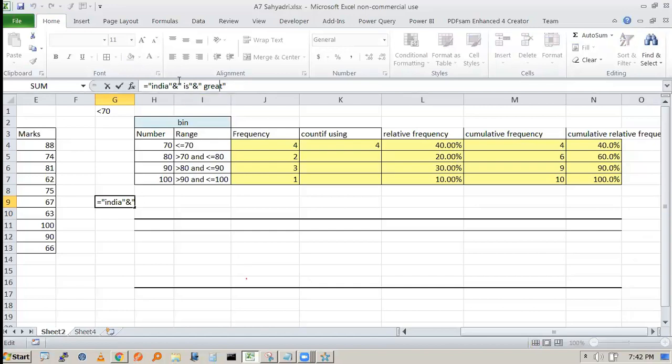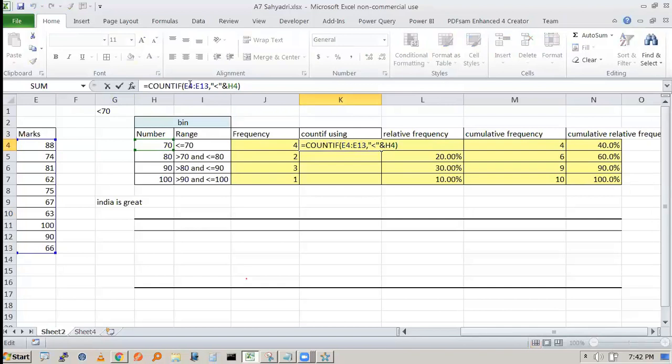These three we have concatenated. Here the concatenation is less than with a number 70. So we should use less than ampersand 70, and when we press enter, it will work the same way. Now the only issue is that we cannot drag this.